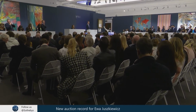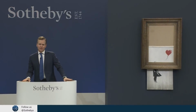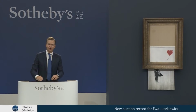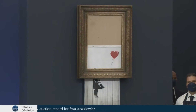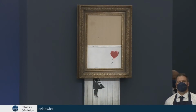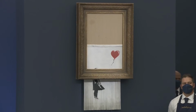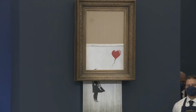And moving on, the moment we've all been waiting for. We have, of course, Banksy's Love is in the Bin. Now, I'm sure many of you will remember the artwork shredding in this very location 3 years ago, just seconds after the hammer fell. And at that moment, Girl with Balloon became an unexpected piece of performance art and a newly created artwork. We have, ladies and gentlemen, for your delectation, Lot 7, Lucky 7, property from a private European